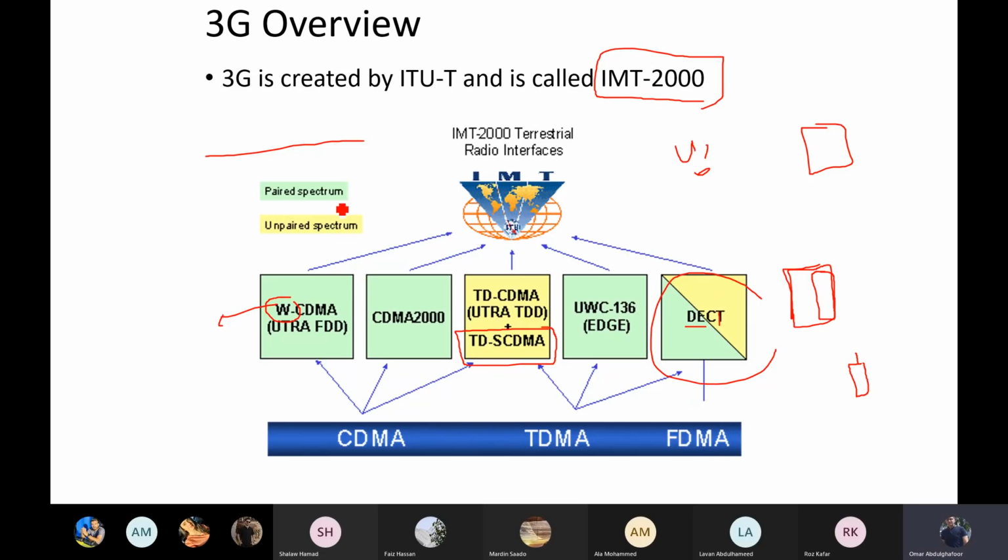All right, paired spectrum and unpaired spectrum. So what do you mean by paired spectrum? What do you mean by unpaired spectrum? This one actually is related to the marketing of the spectrum. Because normally, as I mentioned, each country has some